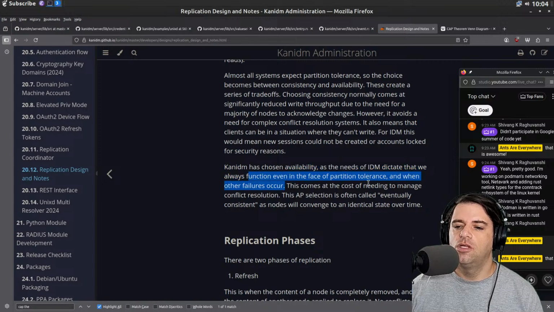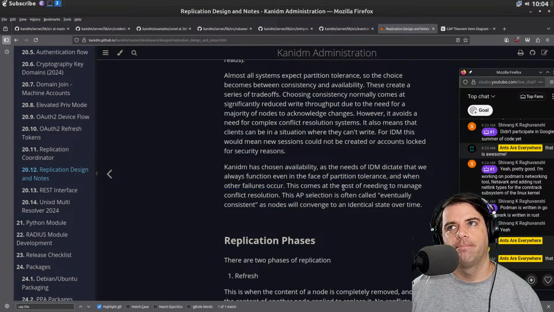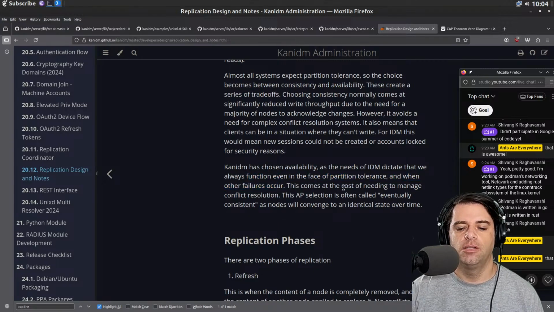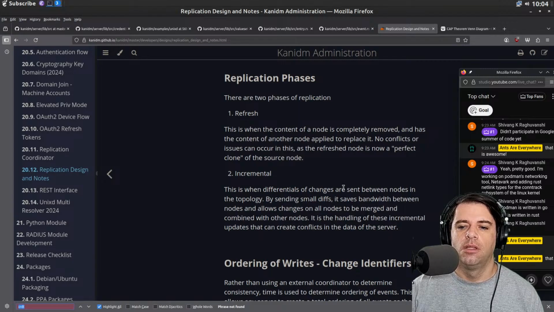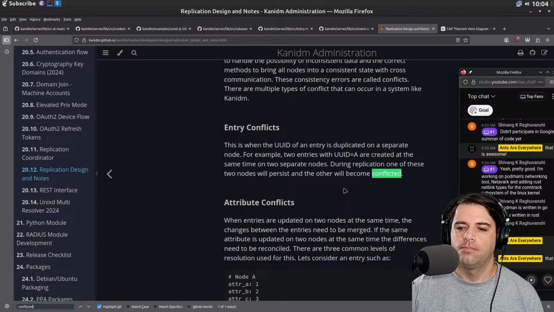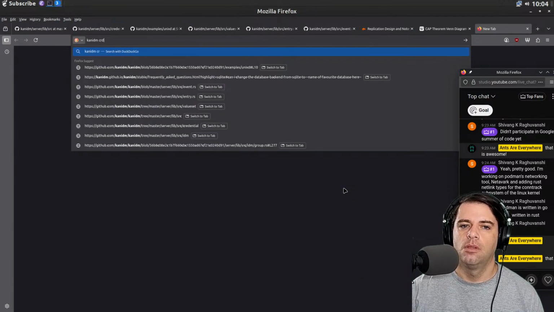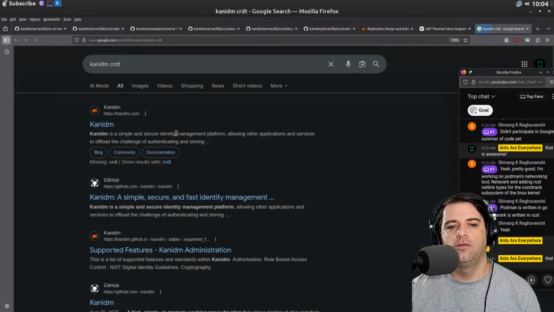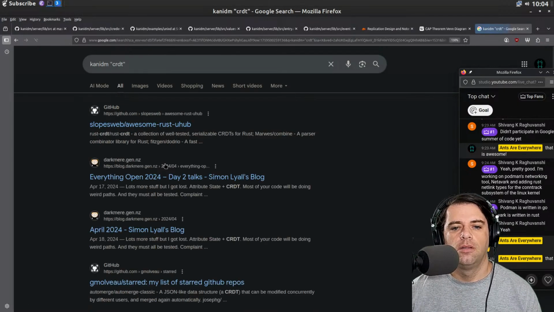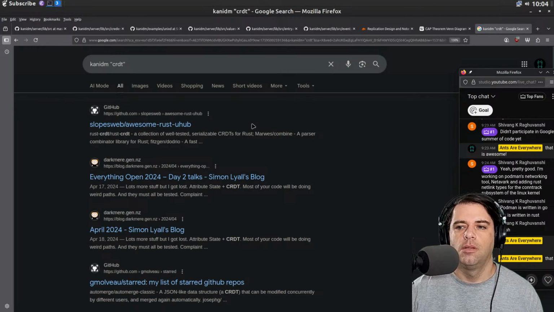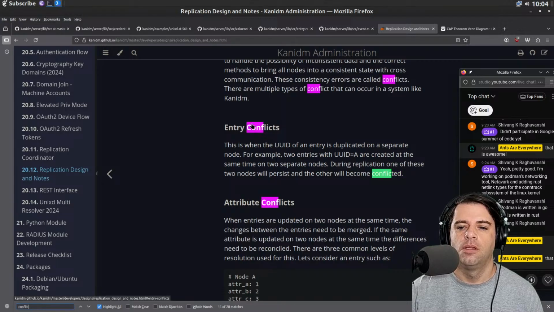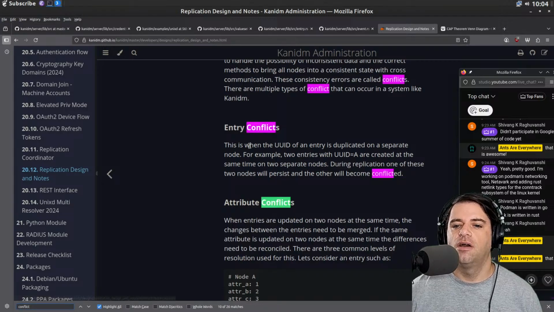To do this, they're eventually consistent, and they do like CRDTs or something, right? To update. I think they do CRDTs or something similar. So they handle entry conflicts somehow.